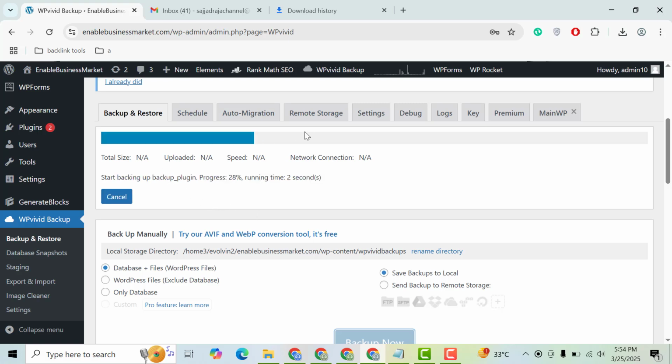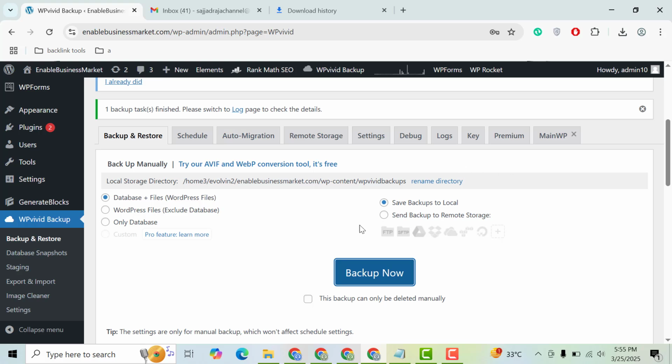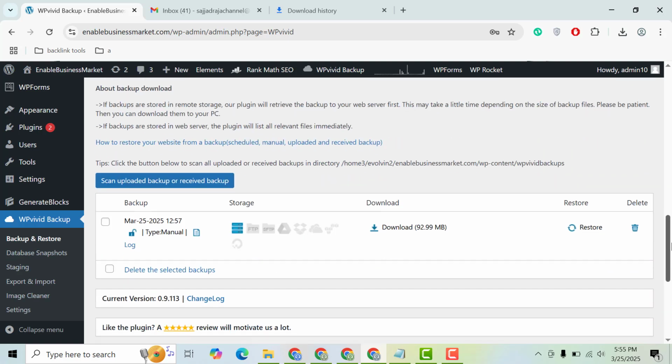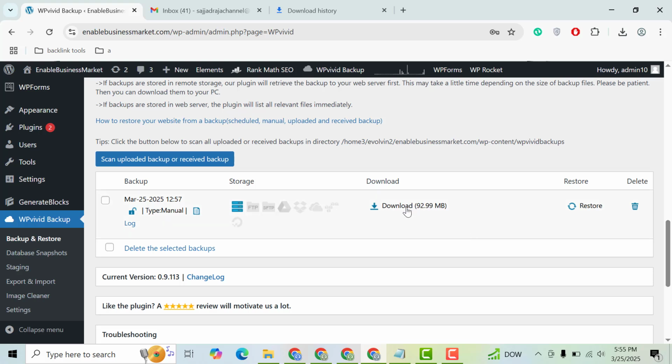And here you can see the backup is running. So guys, here you can see the backup is created. Scroll down and here you can see the backup details, 92 MB. So you can restore this backup file. You can also delete this backup file,